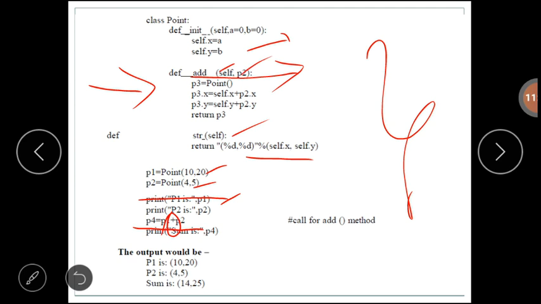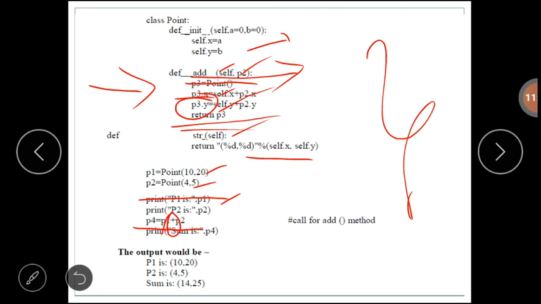Self is pointing to the current object, and p2. Again we are creating one more object inside the method definition, p3 equal to Point. So self.x plus p2.x, store that in p3.x. Again self.y, that is p1.y plus p2.y, store that in p3.y, and return the p3 value.